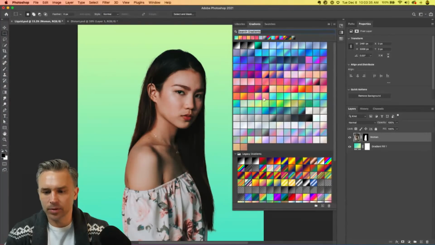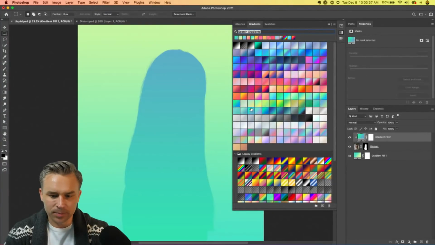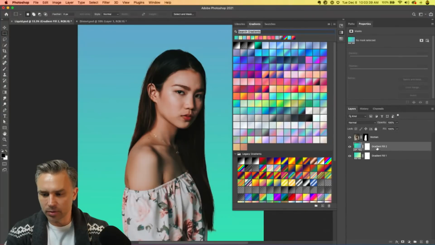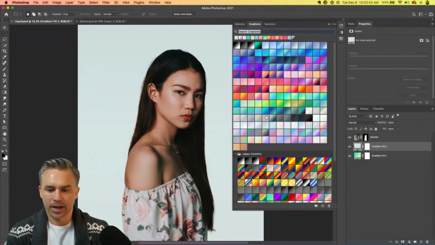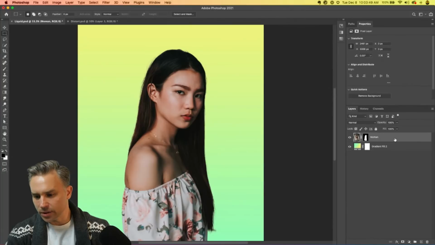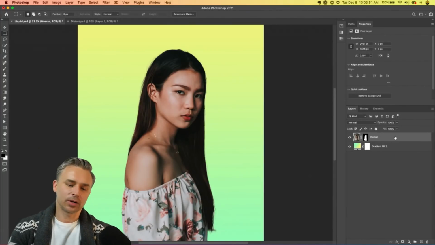So again, just click the color that you want. Any one you want for the gradient fill background, as you can see. Have some fun with that. I'm going to keep mine a nice little green. I think that looks pretty good. Don't get too worried about the colors right now. What we are going to focus on